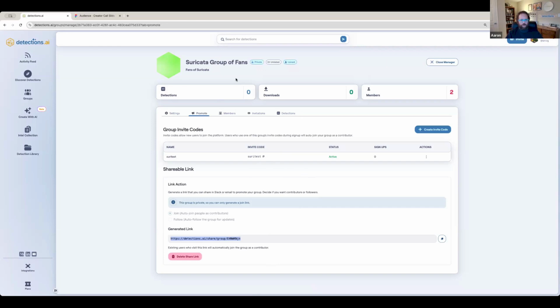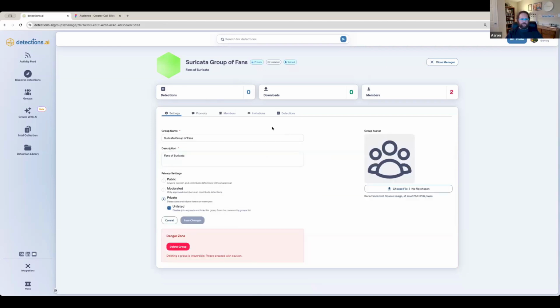And again, this is all private. If I get it to a certain point and I'm like, hey, I actually do want the community to see it, you come in here, you make it public, go. You can make it moderated. You can do it that way. I can also unlist and relist. So if you were interested in people finding you and asking to join, you could turn that on. It's very popular for things like conferences where it's private, but people say, oh, I went to Black Hat, I went to LabsCon, and they can ask to join. So that makes sense.